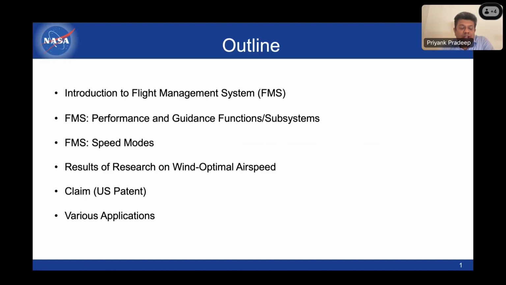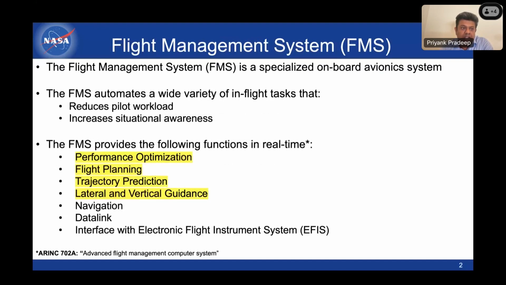So here's the outline of today's presentation. I'll introduce you to the Flight Management System, also known as FMS, and the performance and guidance functionalities of FMS that are relevant to this research, followed by the different speed modes used in FMS, and a quick look at the results of our research at NASA Ames Research Center on wind optimal airspeed, followed by the claims of the US patent that we filed, and then various applications of this technology. So as we know,